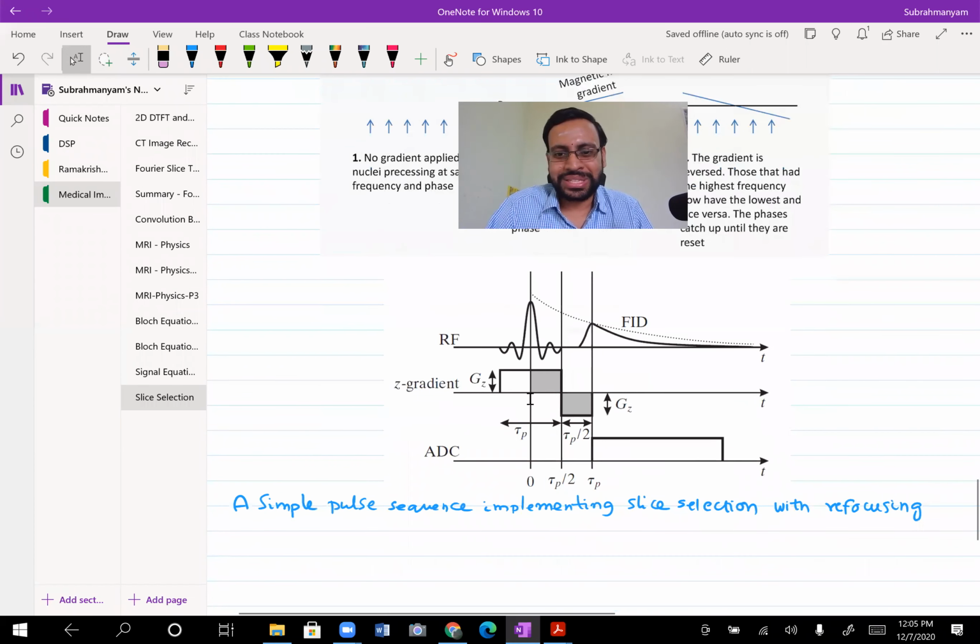So earlier, as you move towards your right, the frequencies are increasing. Now you are compensating for it by applying frequencies in the opposite direction to reduce them and nullify them overall. Again, from the equation point of view, we need to start from the Bloch equation and look at that. But I think hopefully that compensation part makes sense even without any equations, from this explanation.